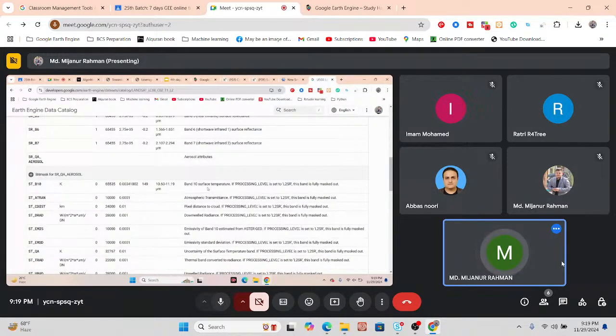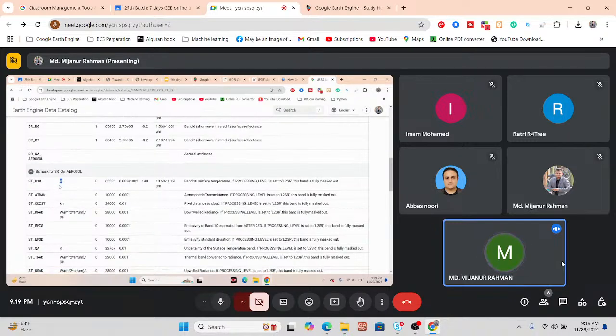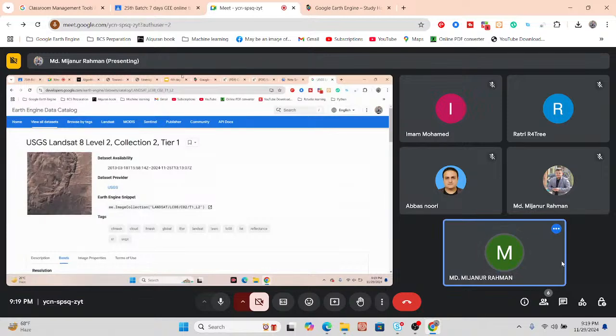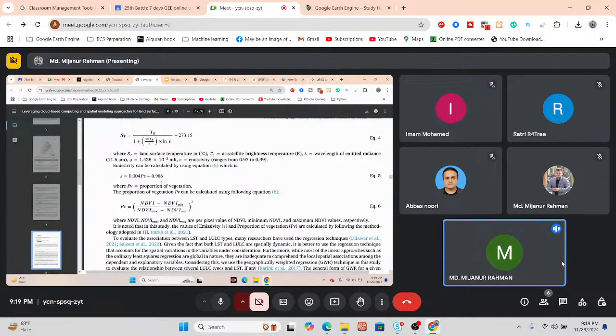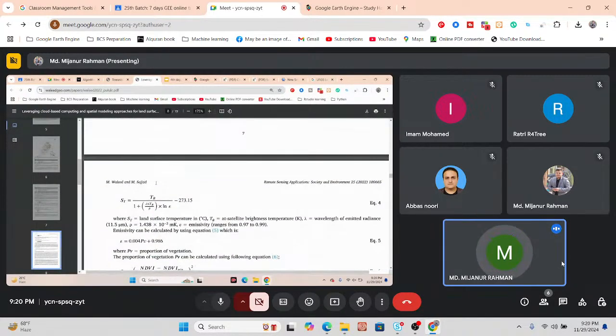This band name is the surface temperature. Basically, this band ST_B10 helps you calculate the surface temperature. The unit is Kelvin. So now we try to apply this type of algorithm and further we try to make the LST map